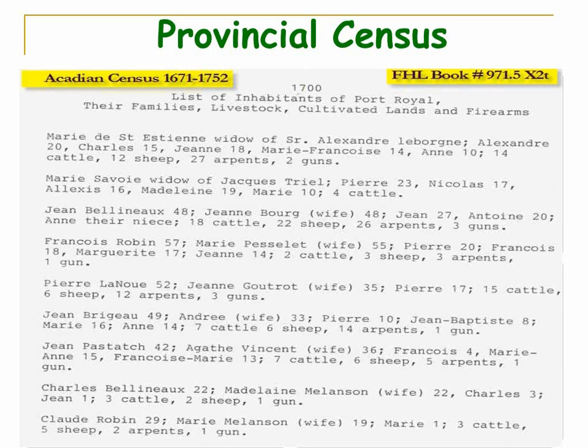Now your provincial censuses, these cover the Acadian area. Here's a sample of it. This was actually taken from a book, and it's done in 1700. And it lists the inhabitants of Port Royal, their families, the livestock, the lands, and the firearms. Again, keeping in mind the reason for the census records being taken was an assessment of supplies on hand, and also to see if their area was growing, if children were being born and new people were coming in and families were expanding, and this gave them that information so they knew